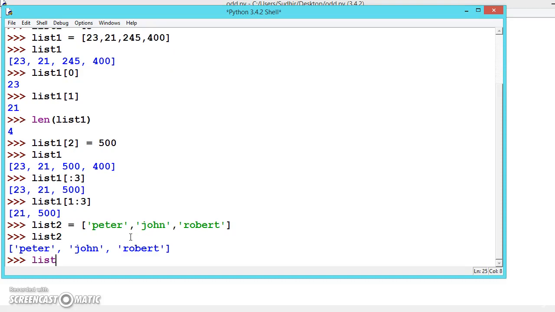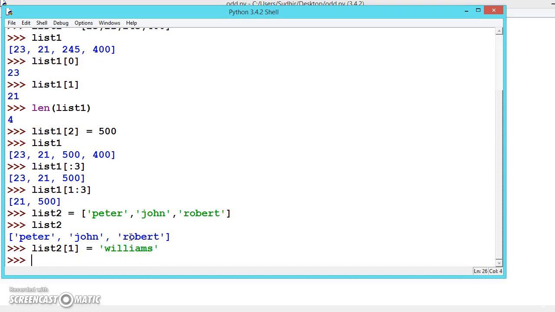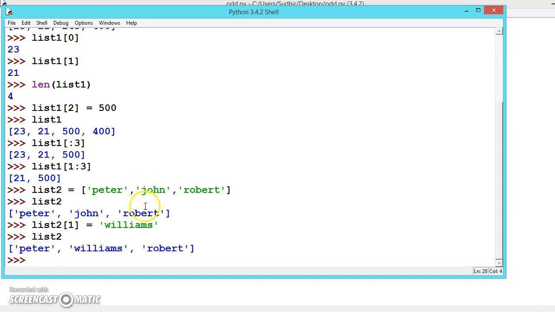The same way we can change the list. Let us say we want to change John, it is the second one, so the index will be 1. Now if you give any name, like Williams, it is changed. John is replaced by Williams.